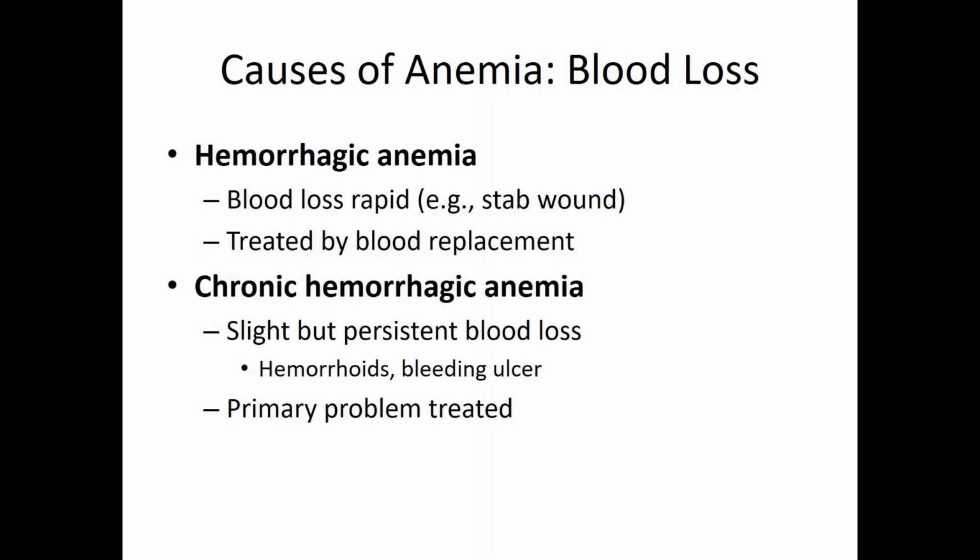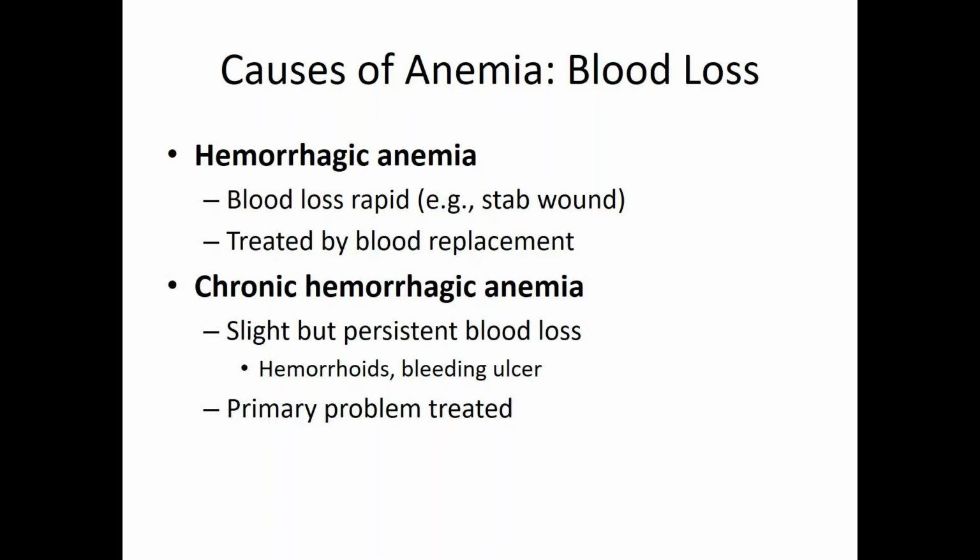For the first one, blood loss here, fairly straightforward, generally speaking, right? When we think about blood loss, we're thinking usually about a traumatic event, right? Today, you woke up, you said, hell with this, I'm not going to be a nurse, I'm going to juggle chainsaws for a living, and you try it out, and there goes your arm at the elbow, right? That kind of traumatic blood loss. Fairly easy to treat in the short term, I guess. If you don't have any blood, we're going to give you some blood. Right? Obviously, there's going to be more to it than that, but in terms of dealing with the anemia, easy to deal with.